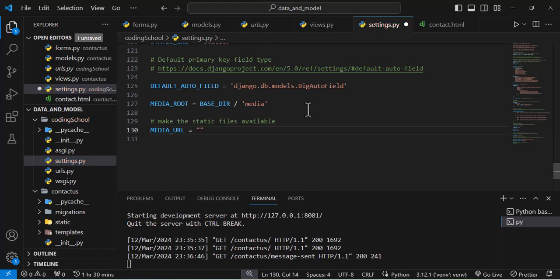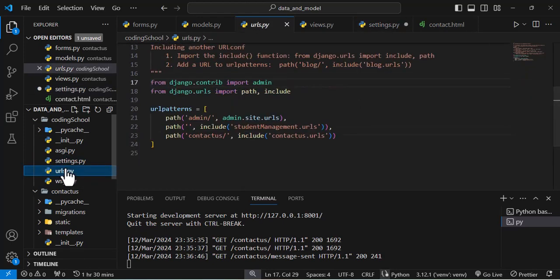So let's see, I want the user to be able to navigate through the uploaded media. This has nothing to do with the folder that you upload the file or the image to. All you need to do is, anytime the user navigates to the media URL, pick up the media and display it to the user to see. And after setting that, you now need to serve the static file. To serve the static file, you should come to the urls.py that is inside the project. You should come to the urls.py that is inside the project, and in here